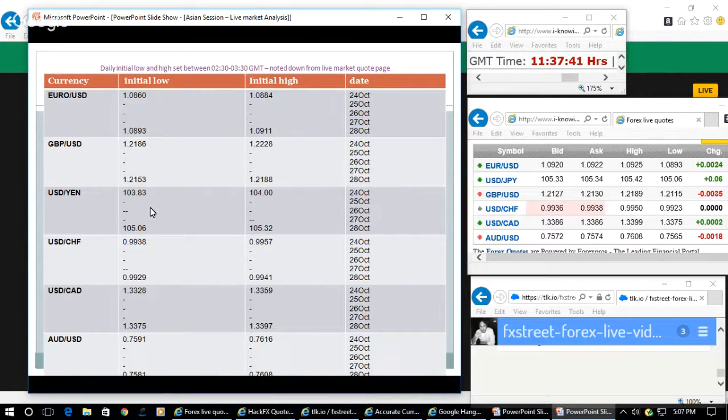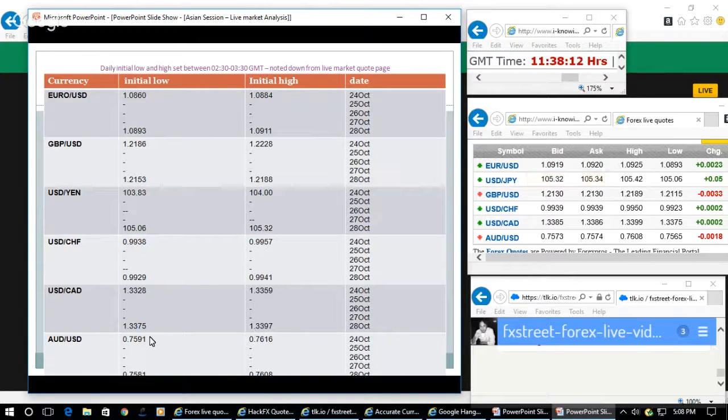Then afterwards, they will just make a drop to induce the traders to liquidate the long positions. Then in the case of USD CHF, 99.29 is the initial low. They just breached it and came down to 99.23 and came above 99.29. 99.41 was the initial high. They just went up to 99.50 and came down. So it indicates that either way they made a stop, and briefly, within a matter of about 25 to